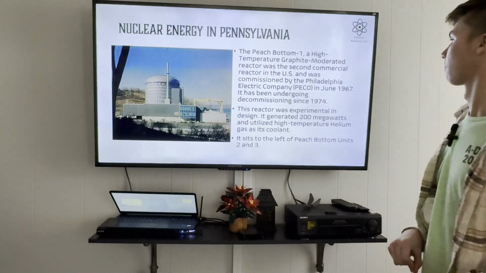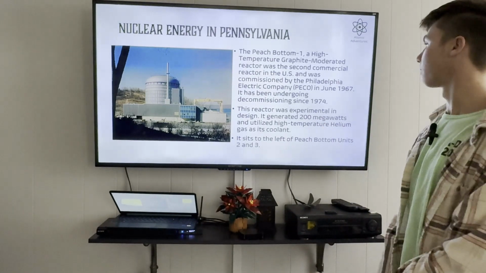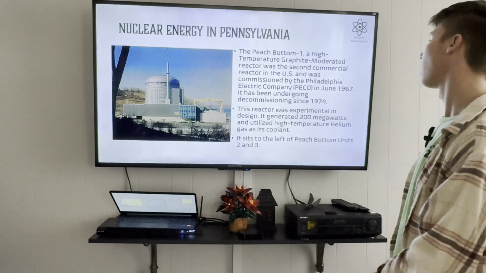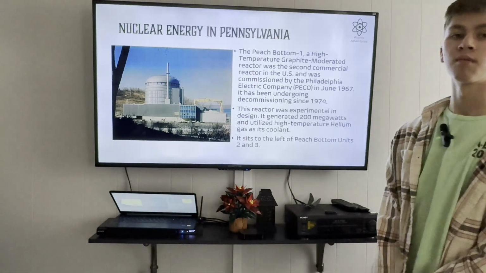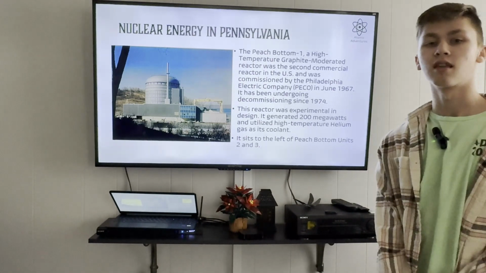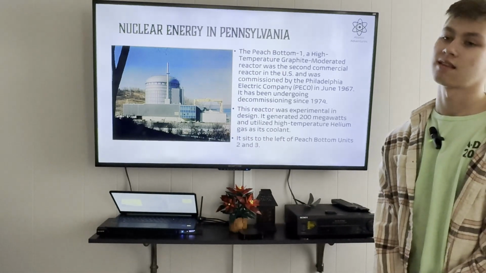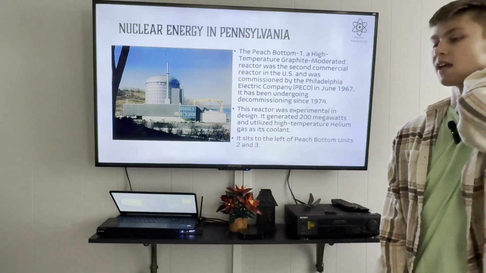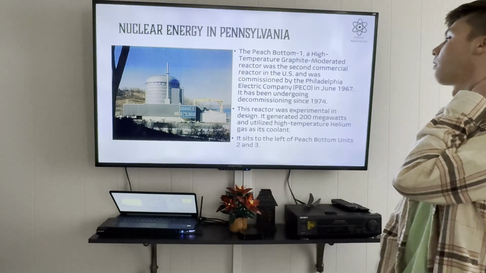So pictured here we have the Peach Bottom 1 unit, which was an experimental high-temperature graphite moderated reactor. And this was the second commercial reactor commissioned in the United States, and was commissioned by the Philadelphia Electric Company, also known as PECO, in June 1967. This has since been undergoing decommissioning since 1974 and is currently in